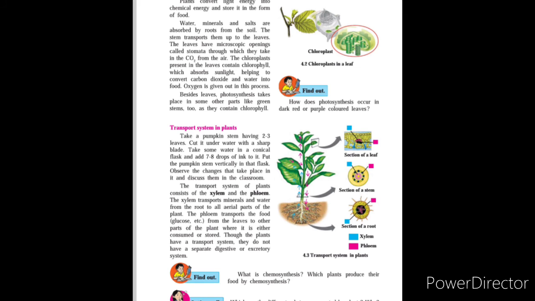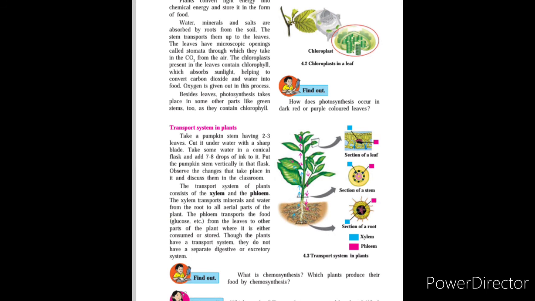Now the next question: which different substances are excreted by plants and why? Carbon dioxide, excess water produced during respiration, and nitrogenous compounds produced during protein metabolism are the major excretory products in plants. Plants produce two gaseous waste products: oxygen during photosynthesis and carbon dioxide during respiration. Here is the end of page number 27.